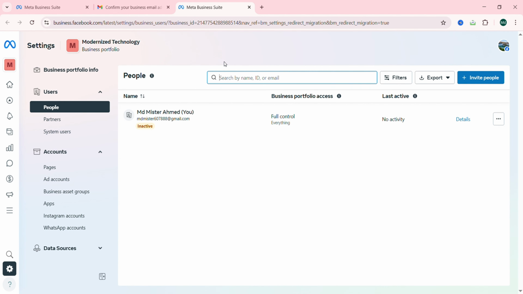Now you have successfully confirmed your email address and you can easily add people here and you can create ad accounts. You can connect your Instagram account,